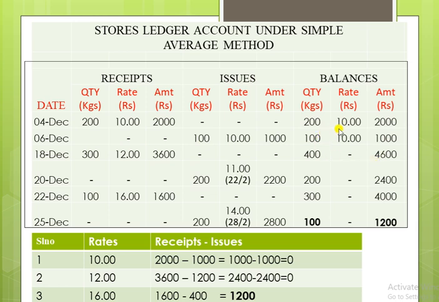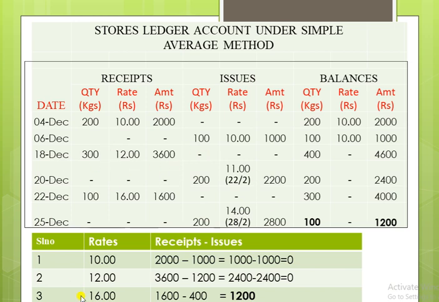And what about the rate? How is the rate to be calculated? In this simple average method, we are not supposed to enter the rate directly, because the rate has to be divided by 2. Why does the rate have to be specified under a separate column? Because here a separate table has been provided for the sake of understanding these units clearly. I have given it here.